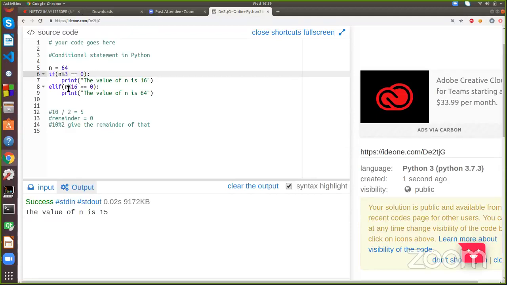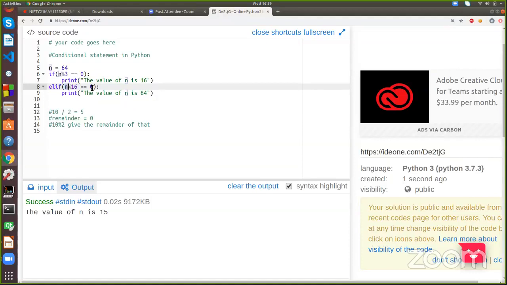Then we will check over here whether 64 divided by 16 is equal to 0. I mean the remainder. Is the remainder of this equal to 0? 64 divided by 16, is the remainder 0?